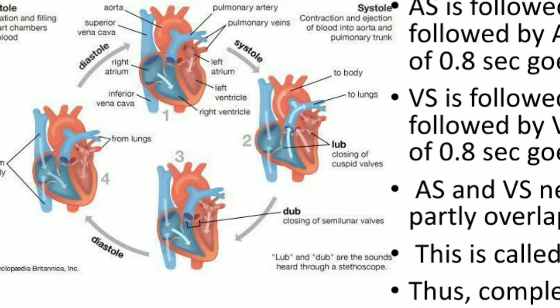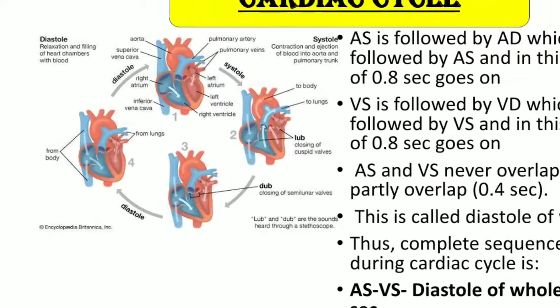And again, the closing of the semilunar valves occurs when the blood is passing to the arches, or we can say the aorta and the pulmonary trunk. These two trunks' valves are also closed. This is the semilunar valves. When the semilunar valves of the arches close, that creates the sound of dub, which is a very little sound. It is not a very big sound, but this is the sound we can listen to, the lub and dub. Lub means the atrioventricular valves are closing, and when the semilunar valves close, it gives the sound dub.